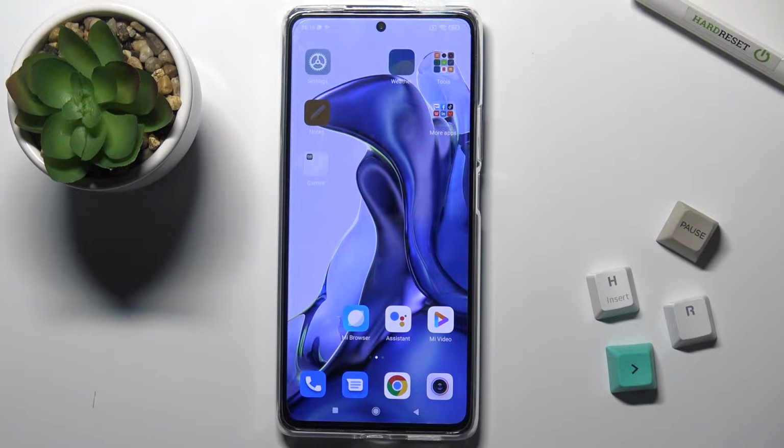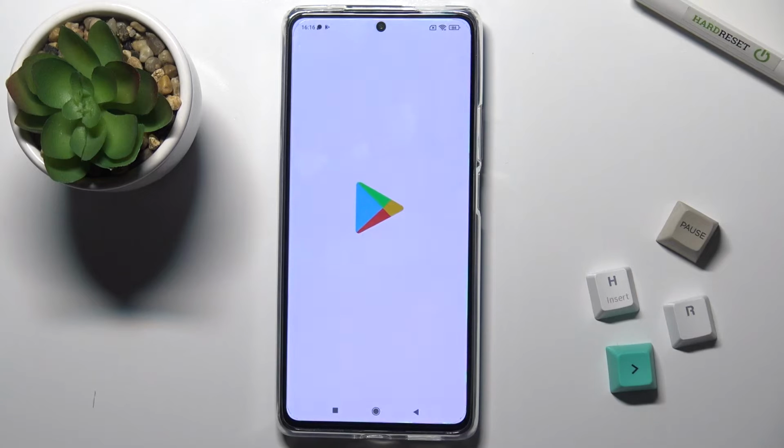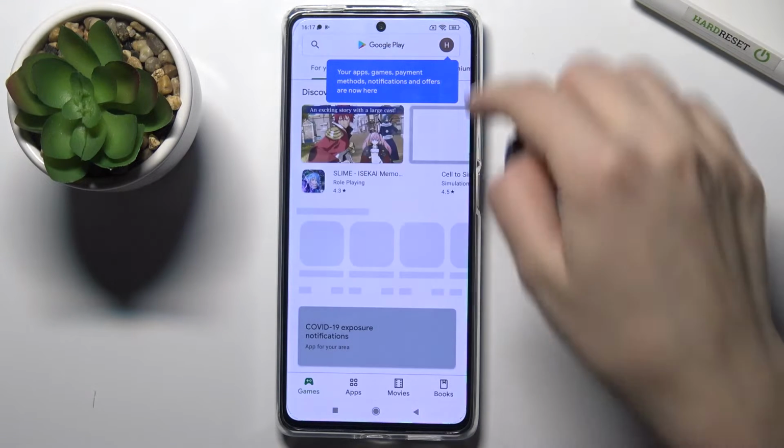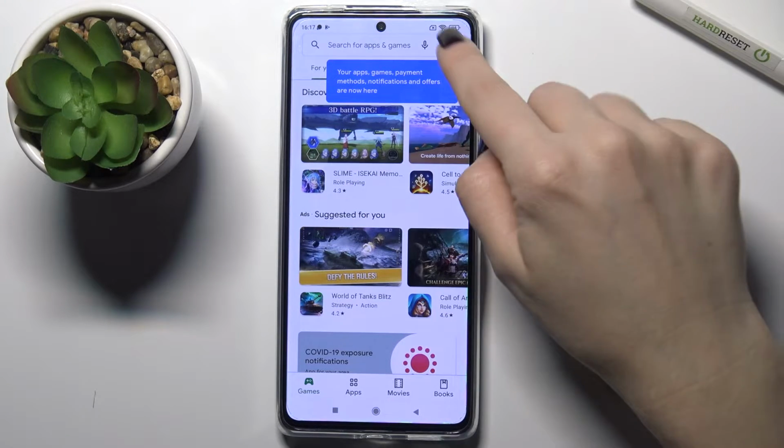Welcome to the in front of me XIAOMI 11T, and I'll show you how to turn off auto updates apps on this device. So first you should go to the Play Store, and here on the right side, also you can get here on the left side of your phone,